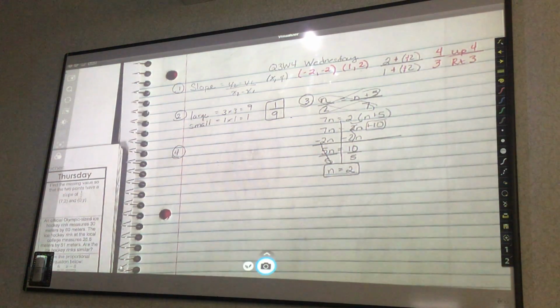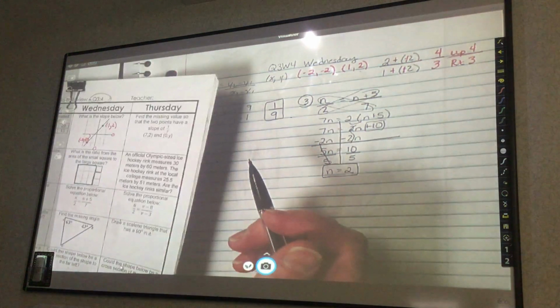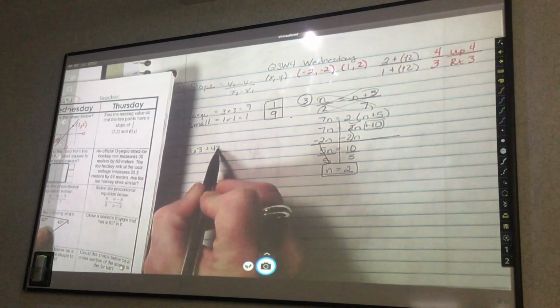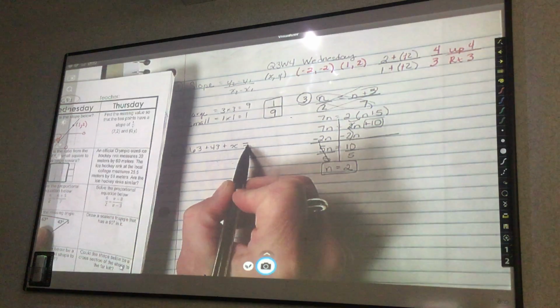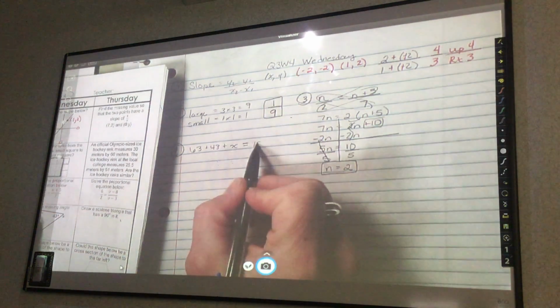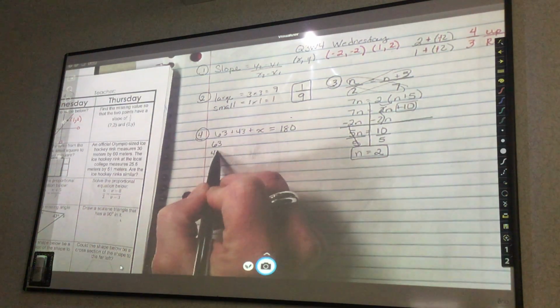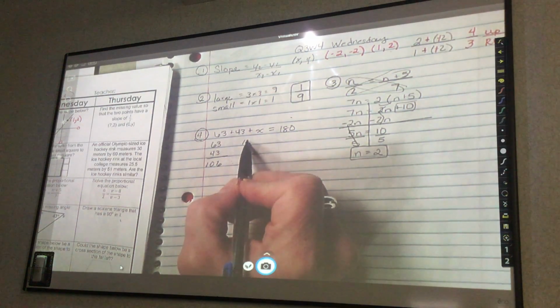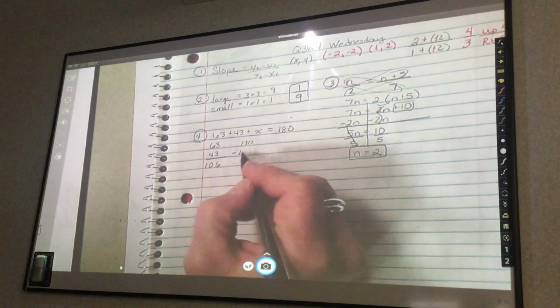Number 4 says find the missing angle. We have 63, we have 43, we need the third one to equal what? 180. So then, I'm sure you guys have just been doing 63 plus 43. Got 106, so then you take 180 minus 106,